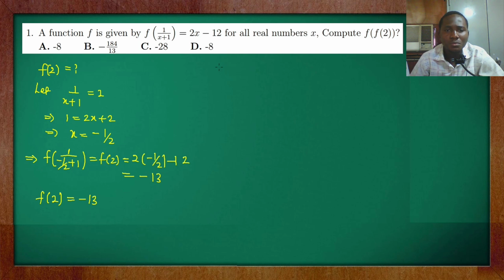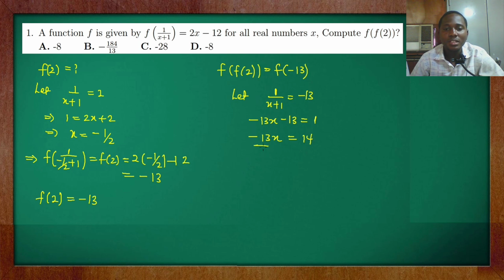So don't forget that we want to find f of 2. Now since we've gotten f of 2 to be minus 13, we need to find f of minus 13. Still the same idea: we let 1 over x plus 1 be equal to minus 13. Again, we make x the subject of the formula. By cross multiplying, we have minus 13x minus 13 equals 1. Collect like terms, that means we have minus 13x equals 14, that is if you add 13 to both sides. Then dividing both sides by minus 13,